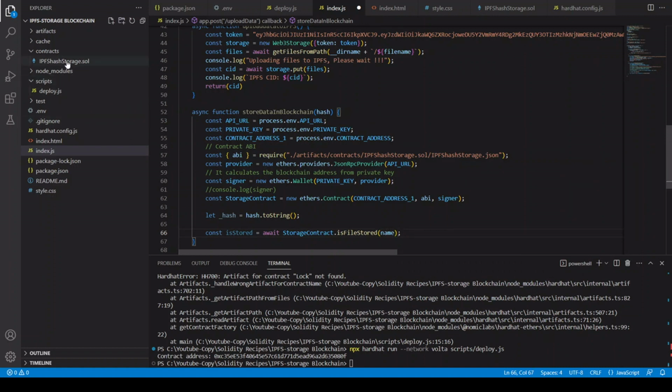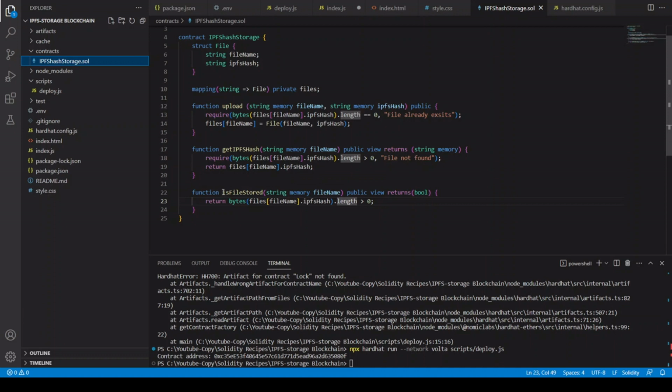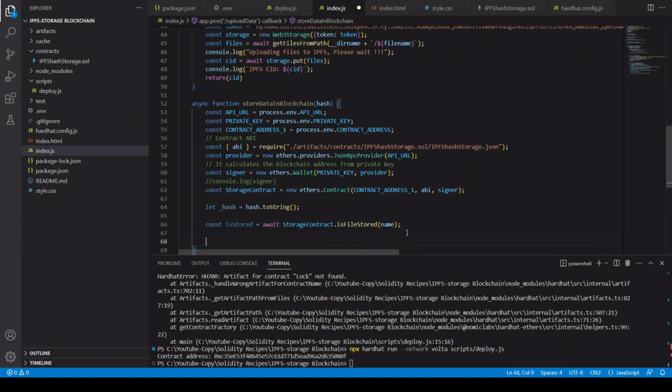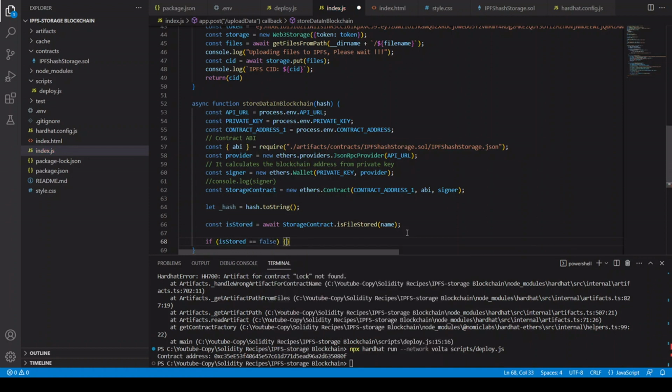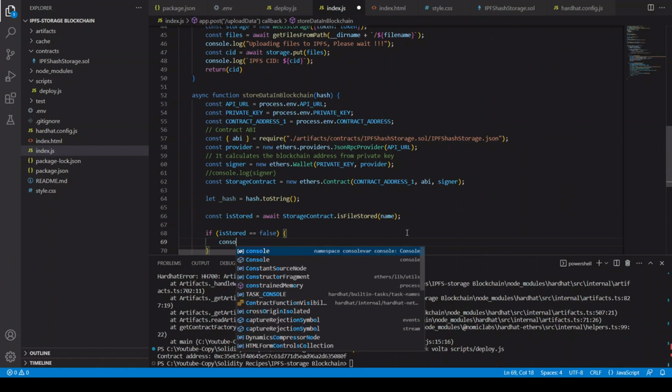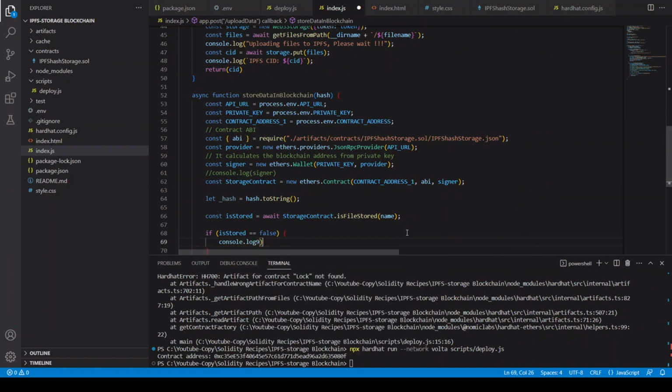So if you go to this, we can say isFileStored, it returns a bool. So we can just say if isStored equals false, I mean, if no file is stored, we can say console.log